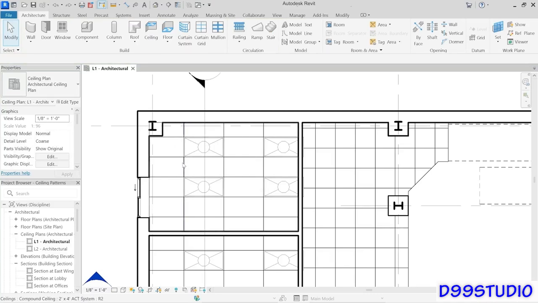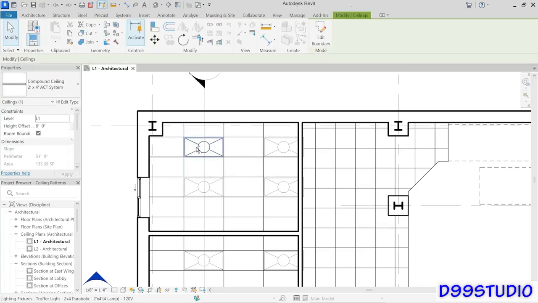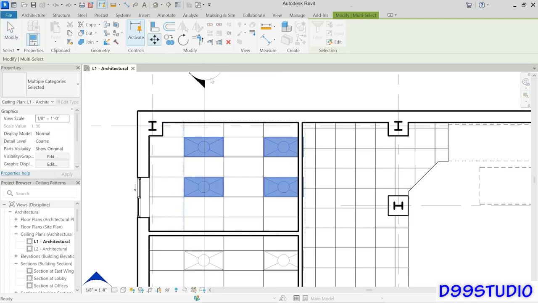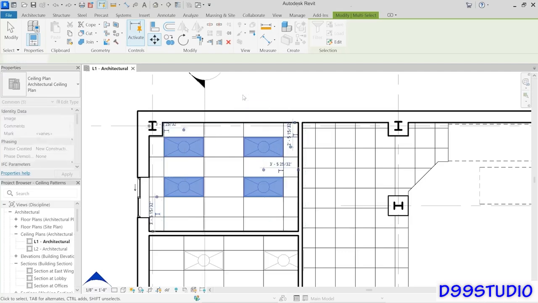Just select both the grid and the light fixtures. So I'm going to select all 4 lights and one of the grid lines. And now I'm going to go to the move tool, pick any start point, start moving in the direction I want to go. And it looks to me like if I move half a tile, I should be in pretty good shape. So I'm working in imperial, so that's going to be 2 feet. If you're working in metric, it's going to be 600 millimeters, and I'll press enter,